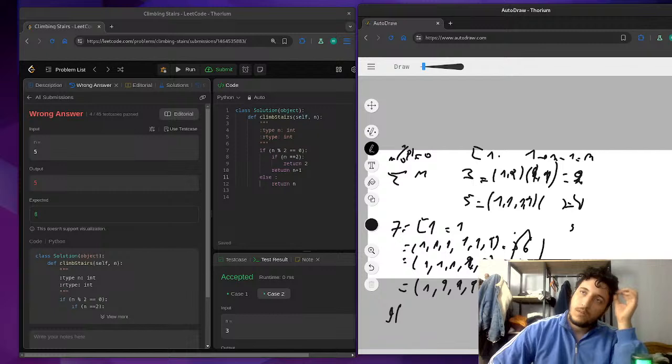If it's 9, so 1, 2, 7, and then 2, and that we can switch 8 times, and then 1, 2, 2, 5, and then 2, 2, and then we can switch it 7. So it's sum of